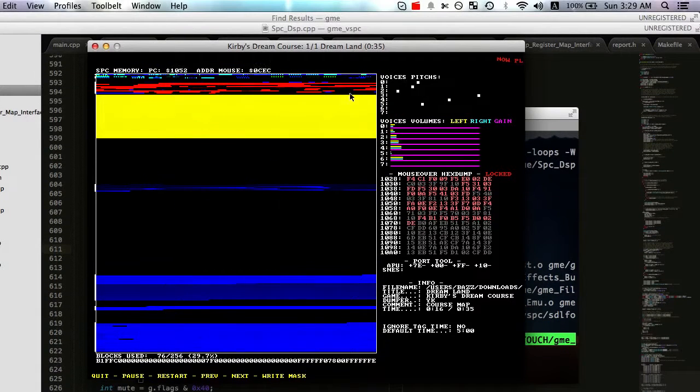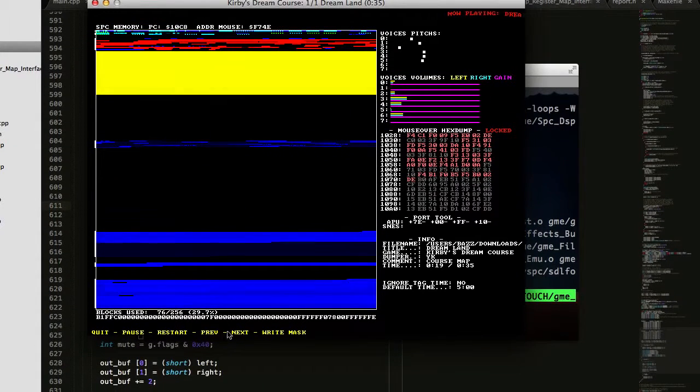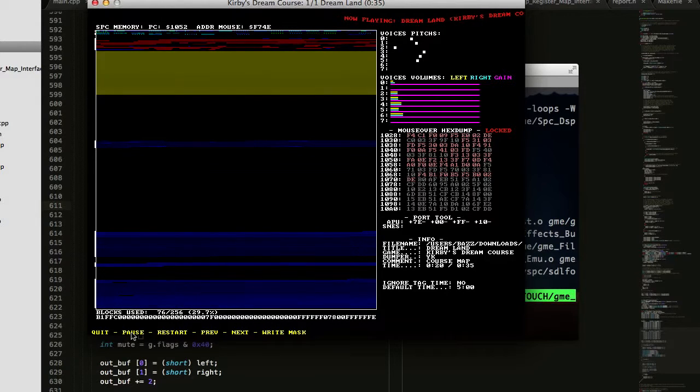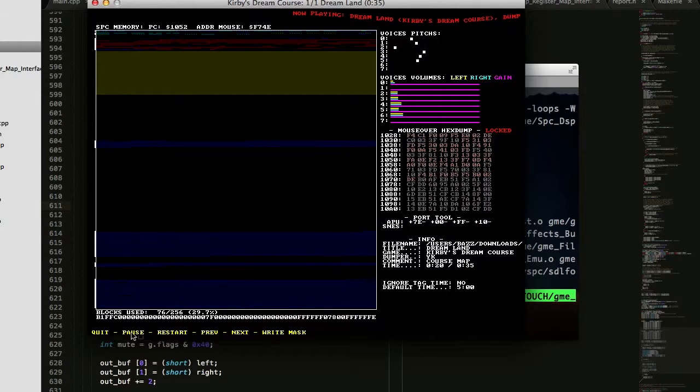Oh, did I mention that I figured out the problem with the assertion? The problem was that I was writing to the DSP via the actual F2 and F3 registers, where you really want to write directly to the C++ implementation of the DSP, rather than actually going through the APU, because then there's a conflict between the actual SPC program